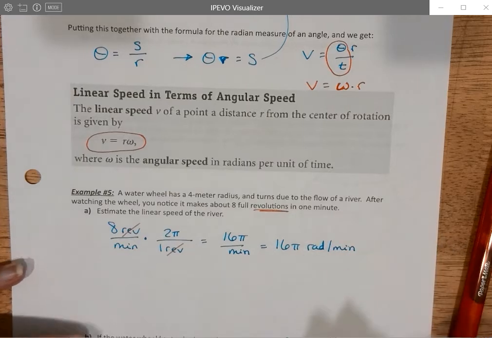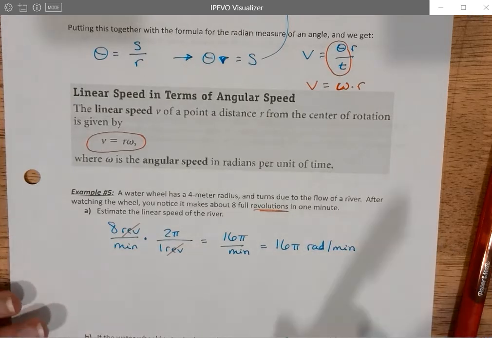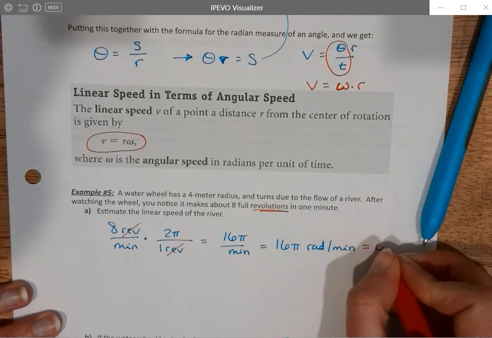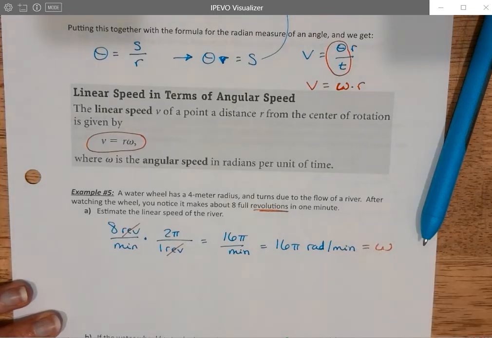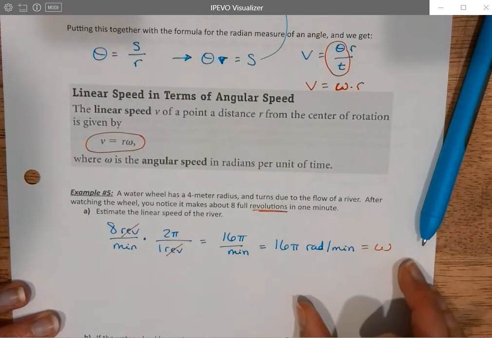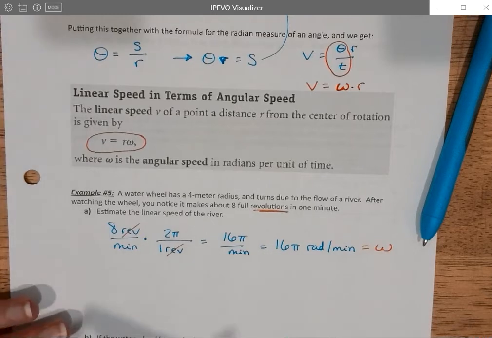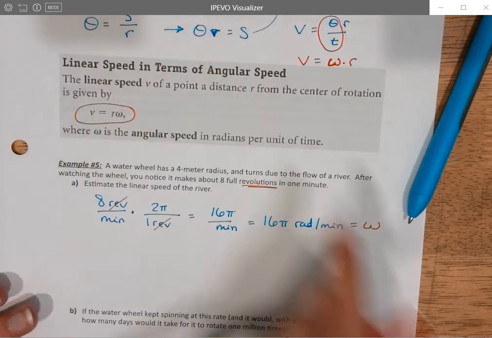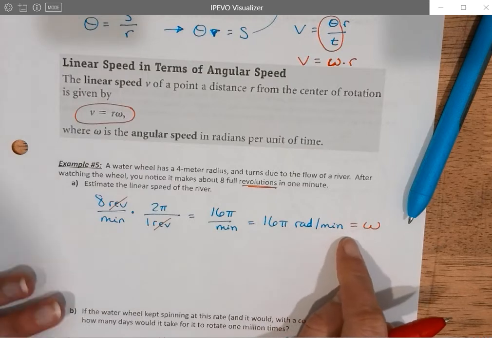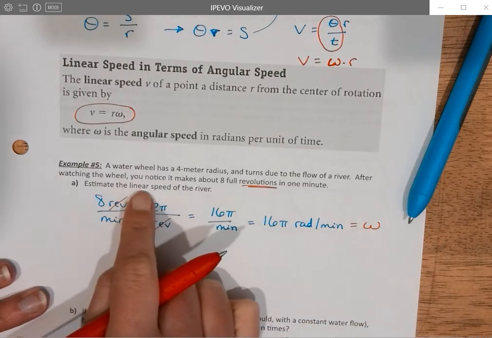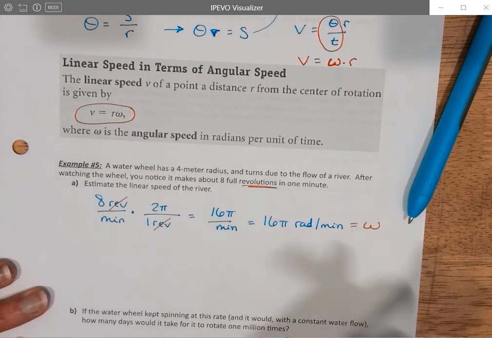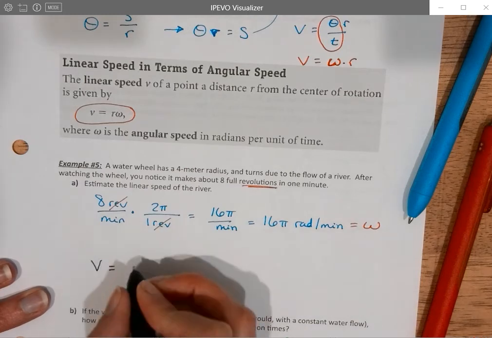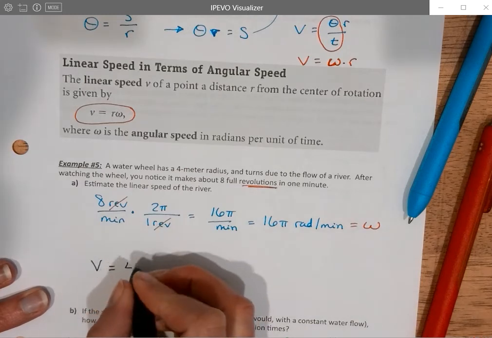So what they gave me was not quite in terms of angular speed, but now I know what omega is. I know that omega is a measurement in radians per minute. I want something there that's going to have angles on the top, angles measured in radians. Now that I have the angular speed, I can estimate the linear speed of the river by multiplying it by the radius of that wheel. So my linear speed is going to be r, which is 4 meters,